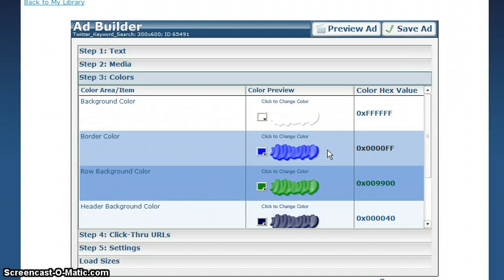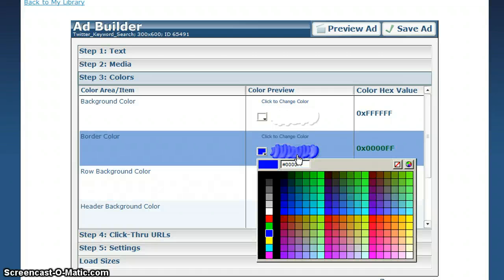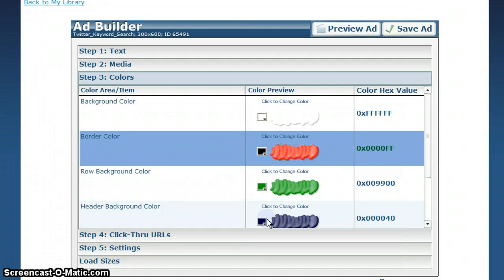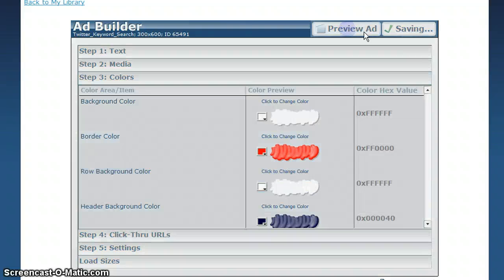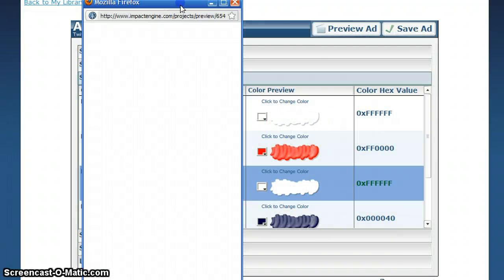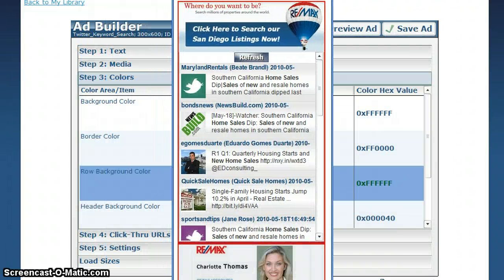Coming into colors, colors are very important. As you noticed in the preview, we had a very strong background row color. This is kind of the primary driver of what this ad's going to look like. So if we want to make it a more subtle ad, we change the border color to red, and I'm going to change the background color to white. And when we preview here, you'll notice that green background is gone, and it really lends a different feel to the ad. We always have a slight gradient back here, but this is the white, very muted background,